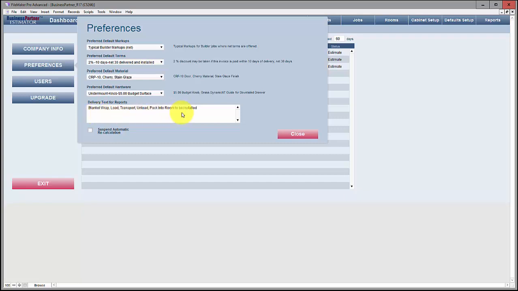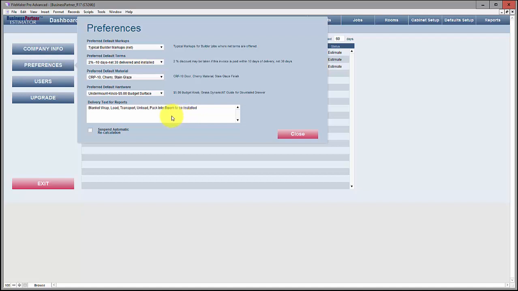You can now describe what all's involved in delivery, so that if it's an $800 delivery, they don't feel like that's a lot of money for you to just drive to their house with the cabinets. You've got to kind of educate them on the fact that we have to blanket wrap these cabinets and load them and transport them and unload them and pack them into the house. And you can make this as descriptive as you like, whatever will fit on that line in the estimate and